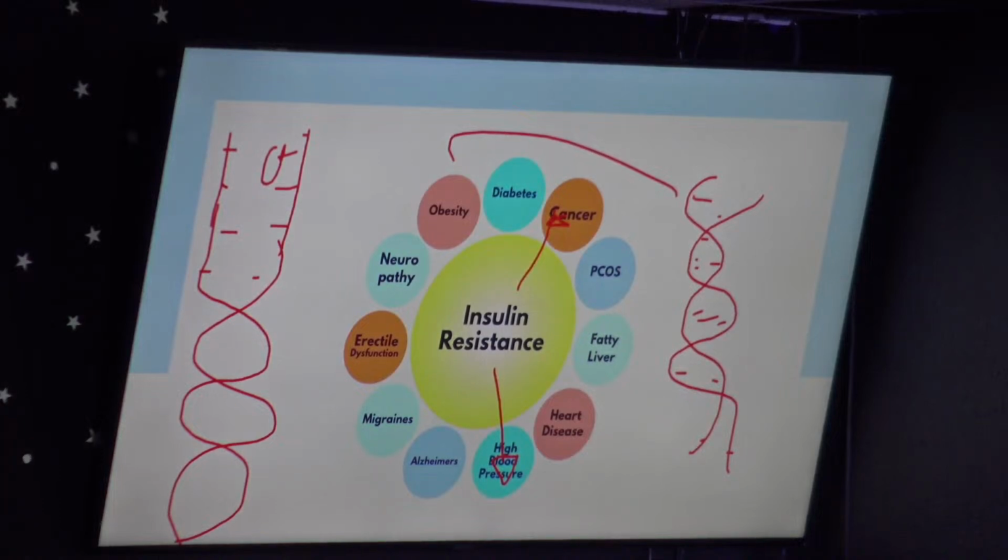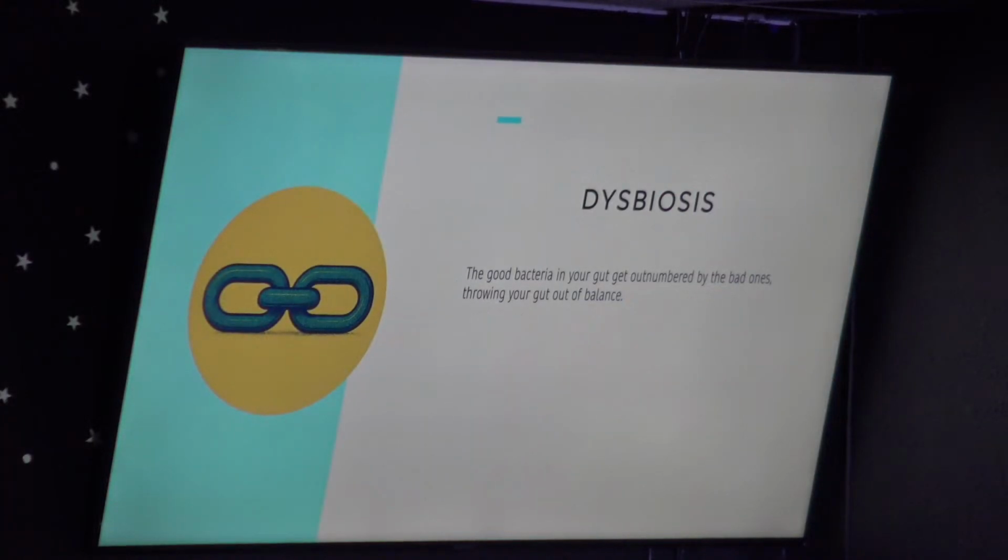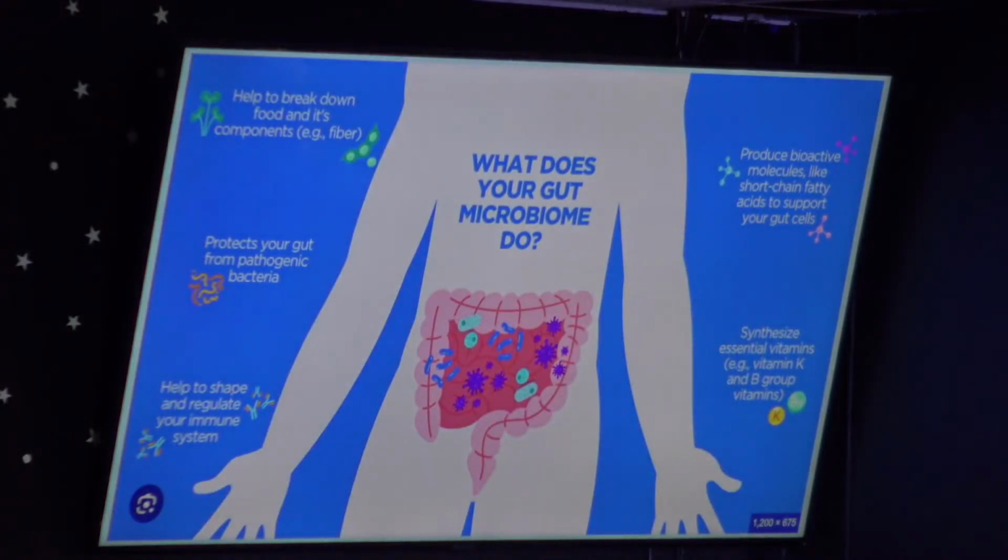The other thing is what I call dysbiosis. You may not know it, but in your gut, there are about 30 to 100 trillion bacteria that God, our Creator, put in our gut. Those 30 to 100 trillion bacteria, we call them the microbiome, okay? And they do several different functions. They help to digest fiber. They help to protect the gut from bacteria, and help to regulate the immune system.